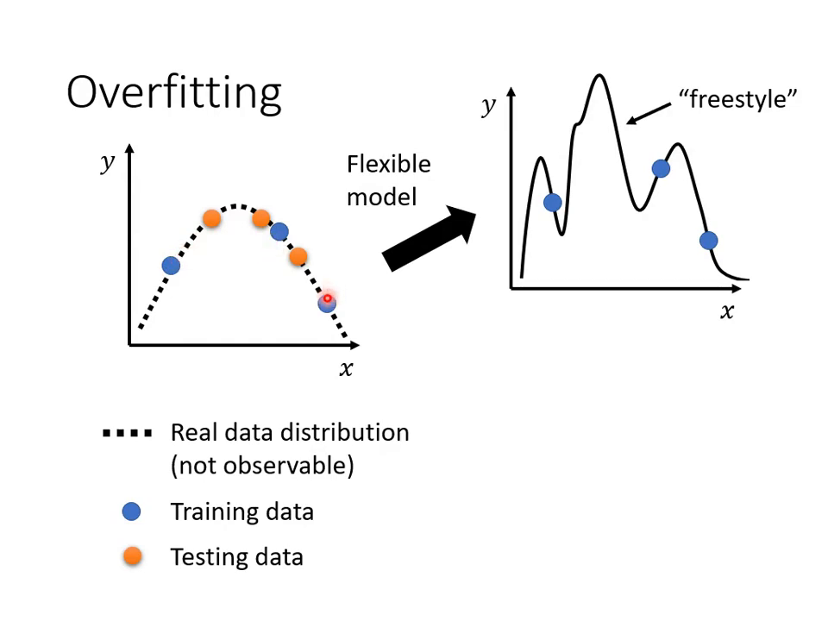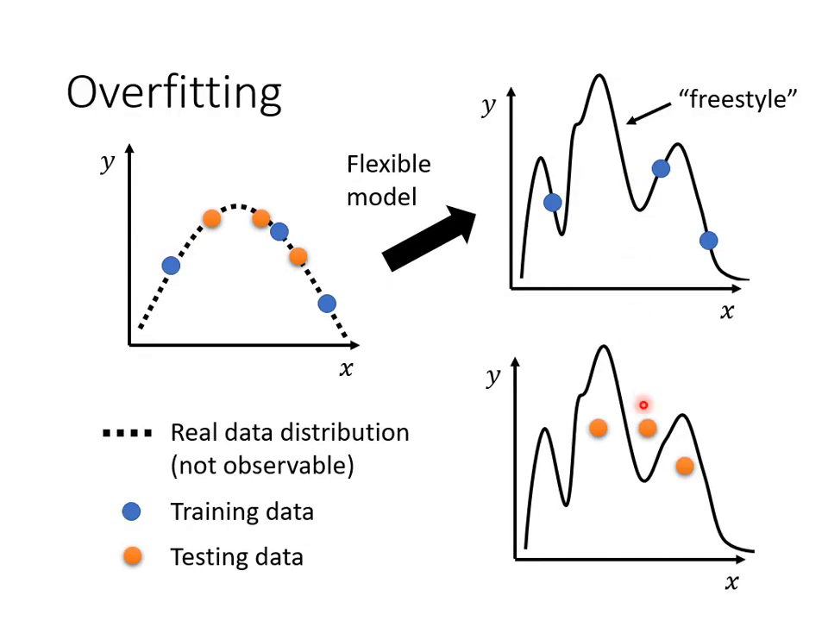After using these blue dots to find a function, you test it on these orange dots. The result is not necessarily good. If your model has a lot of degrees of freedom, it can produce very strange curves, leading to good results on the training data, but a high loss on the test data. As for the more detailed mathematical principles, why a more flexible model is more likely to overfit,